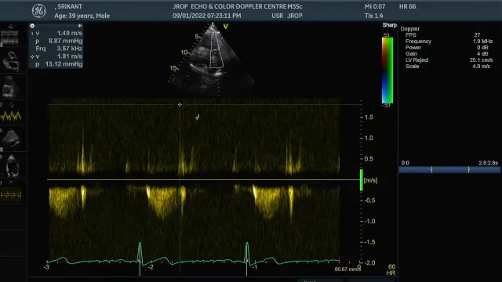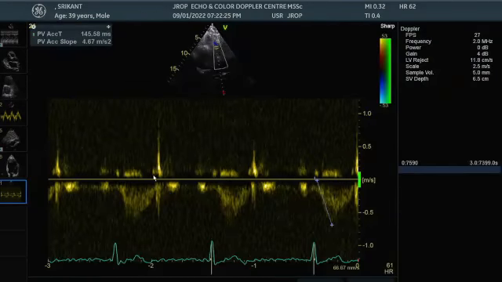Sir, just now you showed the acceleration time, you did not show the velocity. Don't get confused between these two things. What I showed you is acceleration time. Sir, 80 minus half of it. Suppose I have taken 80 and half of this would be almost 70. The 10 millimeters would be the gradient across it. Go back and read the formula later for the acceleration time. We'll send you that. If you have a gradient across this, it is pulmonic stenosis.